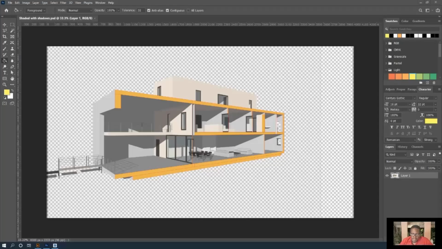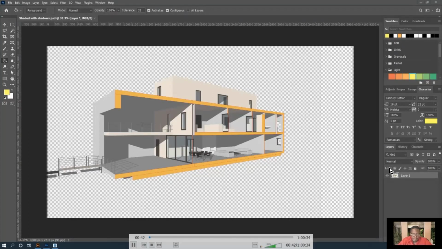Now, another advanced tool that we use in architectural visualization has to do with masking. And masking is another one of those universal terminologies that apply to producing digital artwork, whether it is architectural work or video work or even 3D rendering work. Masking is a concept of simply using